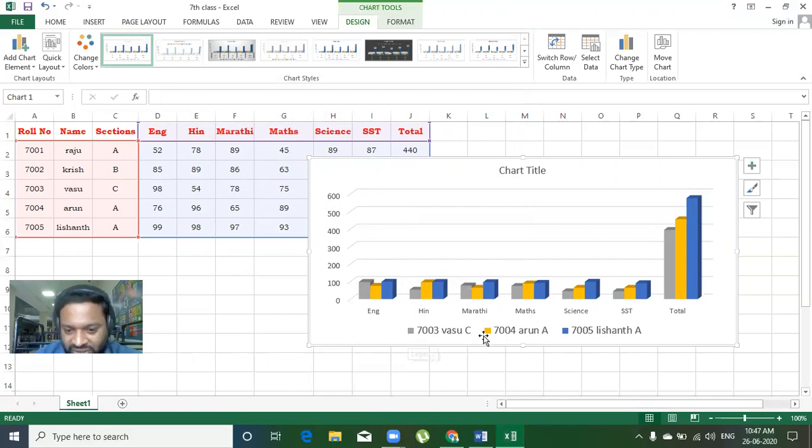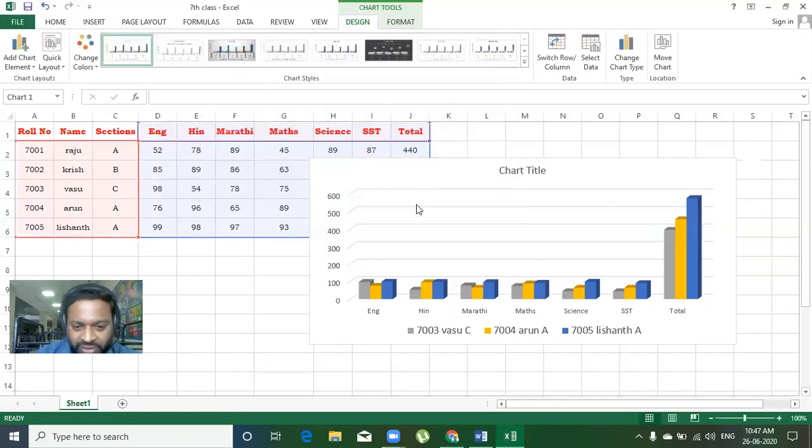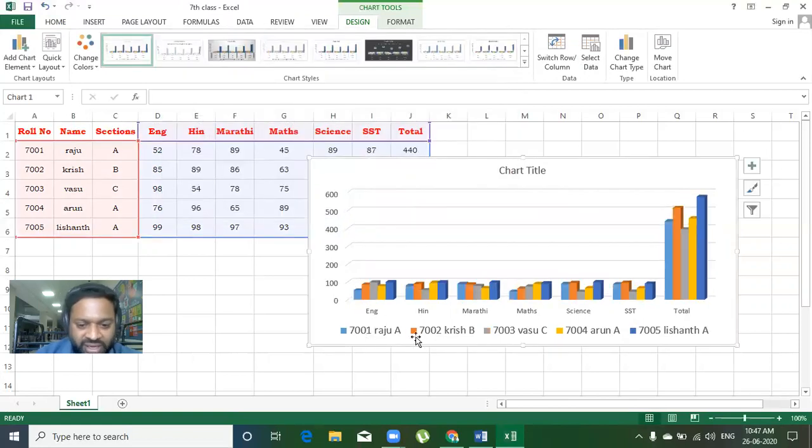Only 7003, 7004, 7005, their data series is displayed, so only three students' data series is displayed. Again, if you want to bring it back, you can click on the Select Data option, enable this and click OK. Again their data series will also be displayed.